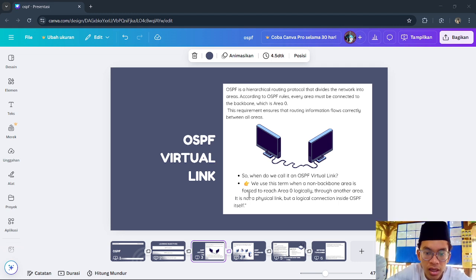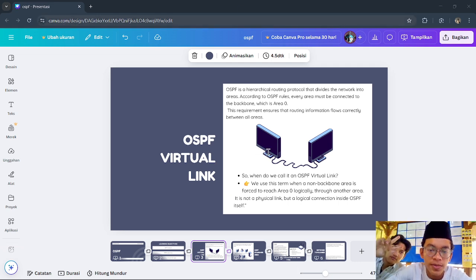So, when do we call it an OSPF virtual link? We use the term when a non-backbone area is forced to reach area 0 logically through another area. It is not a special physical link, but a logical connection inside OSPF itself.